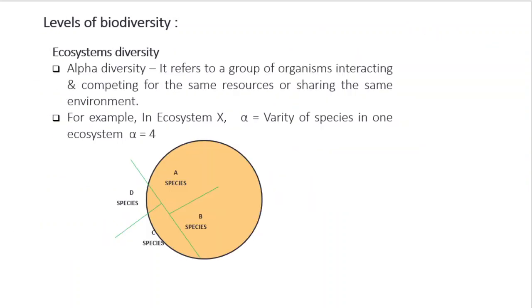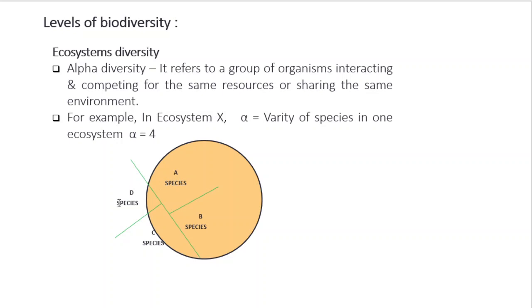In that ecosystem, there are a number of organisms which share the same environment. Suppose this is one kind of environment, and A is a species. Suppose A is a species which depends totally on that environment, which it shares with other species. That is nothing but alpha